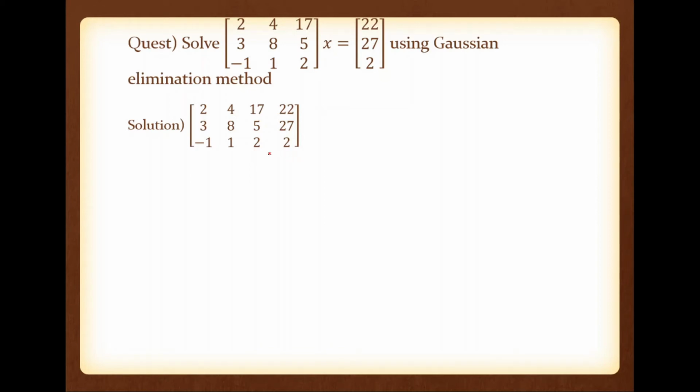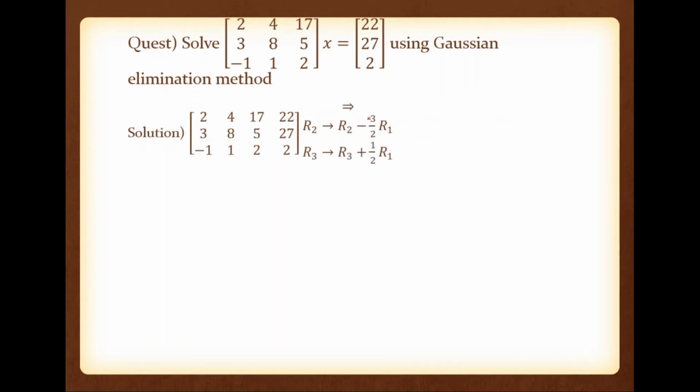So now we are going to start the first elimination, where we want to eliminate these two components by using the pivot, this one. So this one is the pivot of the first elimination, the first diagonal element. So how to remove this one? This one is in the second row. So R2 is equal to R2 minus the element that we want to remove, that is 3, divided by 2 into R1. So R2 equals R2 minus the element that we want to remove divided by the pivot into R1. Similarly, we want to remove minus 1 from the third row.